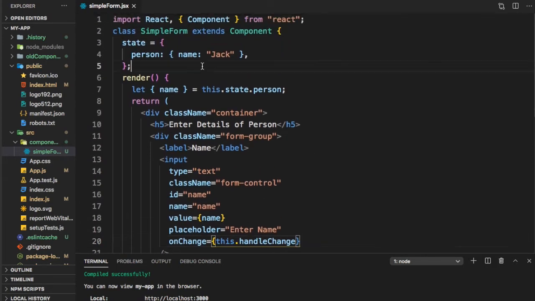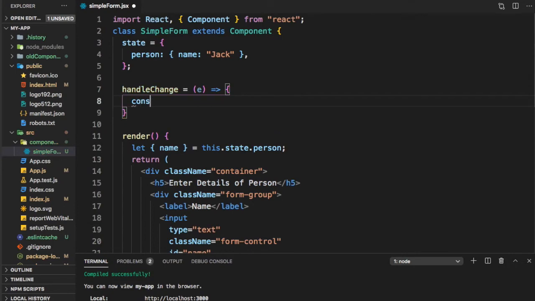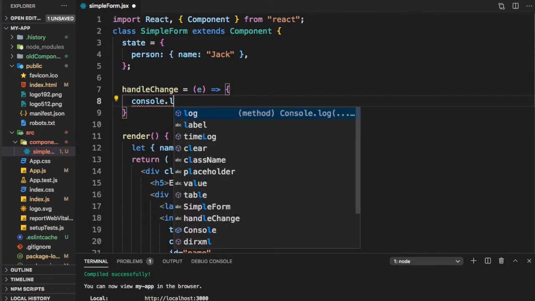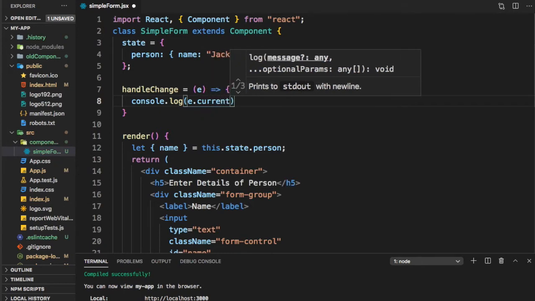So let us now go ahead and define handleChange. It gets an event, let's call it e, and let us initially just say console.log e.currentTarget.